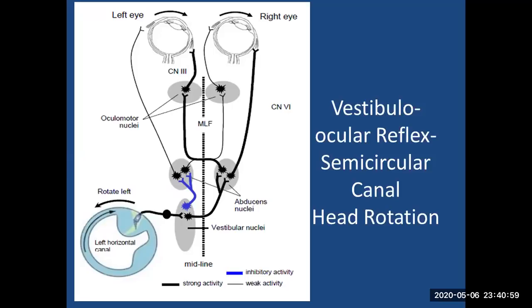For example, from this image, if you can see my pointer, the right eye and the left eye. This is the lateral rectus, this is the medial rectus. This is the medial rectus for the left eye, the lateral rectus for the left eye. All we know is the medial rectus is supplied by the third nerve, and the lateral rectus is supplied by the sixth nerve. Keeping that idea as basic, suppose we have to turn our eyes to the right side.